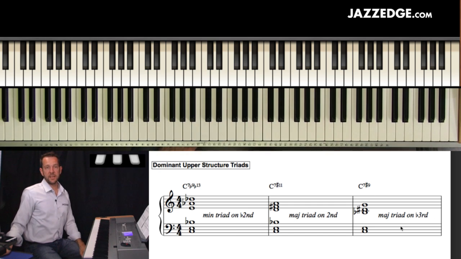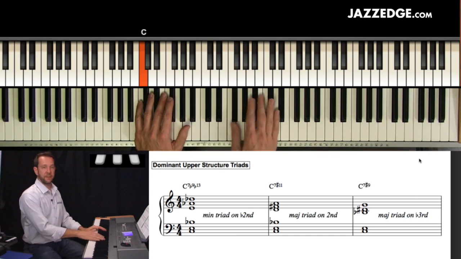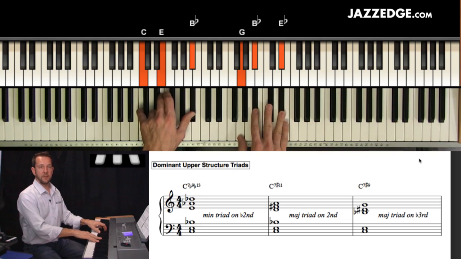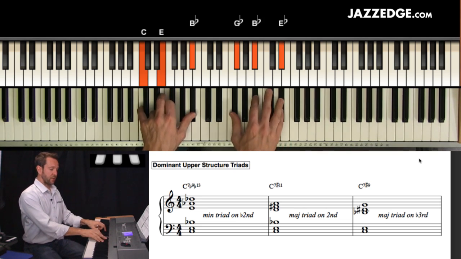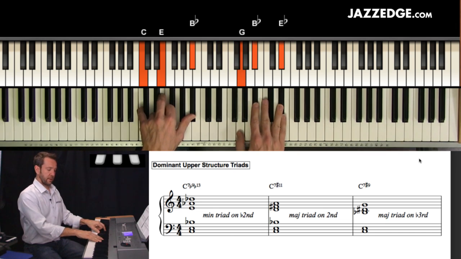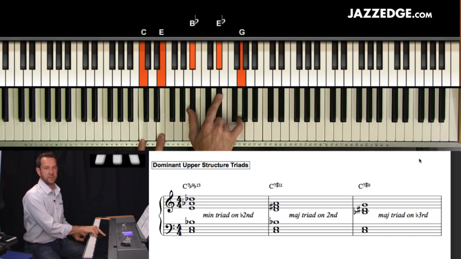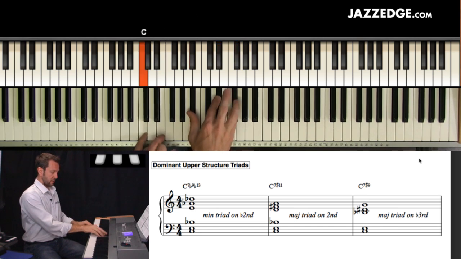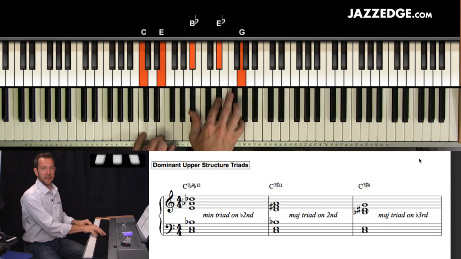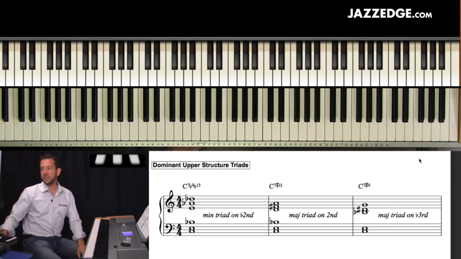The next one is a major triad built on the flatted 3rd, okay? So now we can also do a minor triad built on the flatted 3rd as well, okay? I didn't put that in here, all right? So this one gives me what? It gives me my 5th, right? Actually, you know what? Let me do this. This is the way I'm playing right here. So I replaced the 7th down here, okay? So it gives me my root, 3, 7, sharp 9, and 5. If I did a minor triad, it'd give me sharp 9, sharp 11. Okay? So there's that, or there's that. Okay? All right, so now moving on,